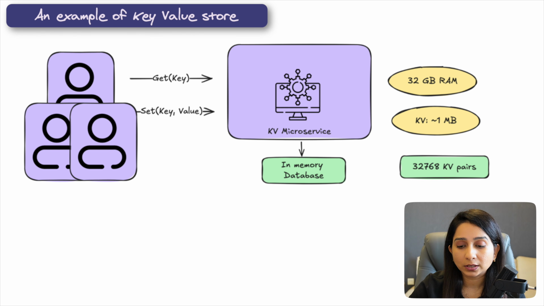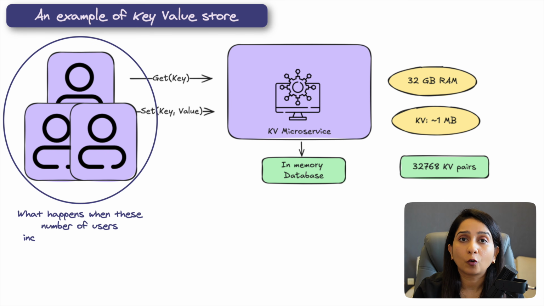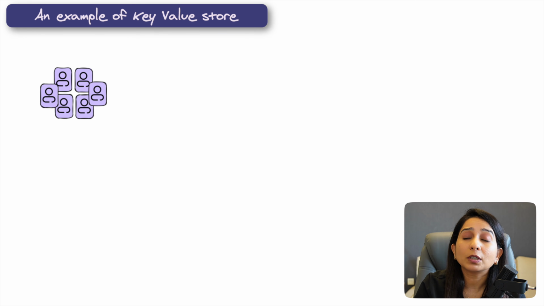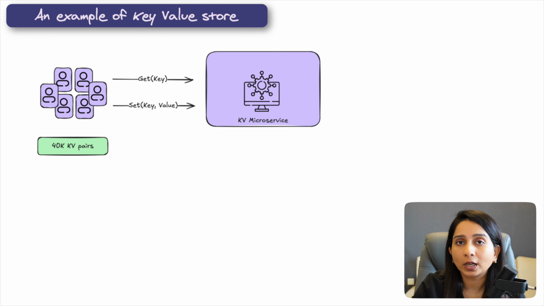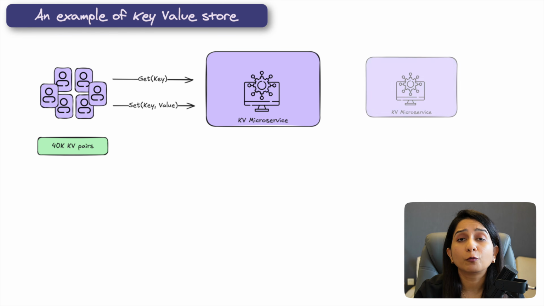Now, what happens when the number of users increases further? Let's say from some 100 users you go to 1,000 or 10,000 or even more than that. The requirement for storage of the number of keys increases. In some cases, the size of the key value pair that you allow to be stored, like 1 MB, can increase to 500 MB or 1 GB. So basically the one machine that you had is not sufficient anymore to meet the ever-increasing growth of your users. So what happens in this case is that you harness the power of multiple machines.